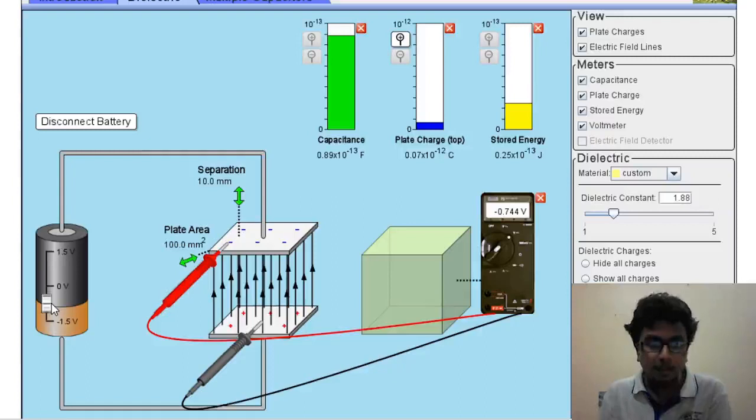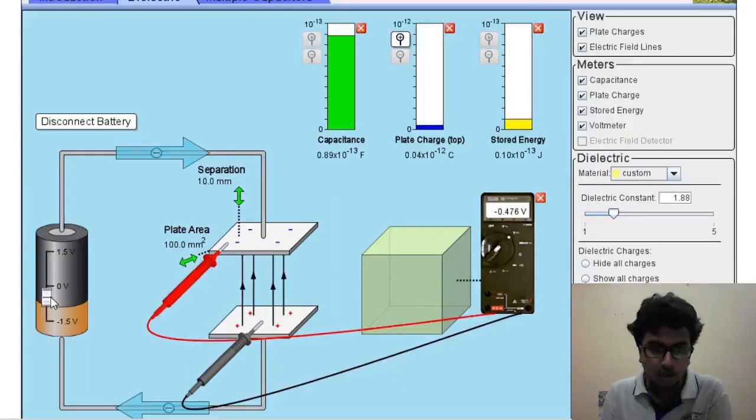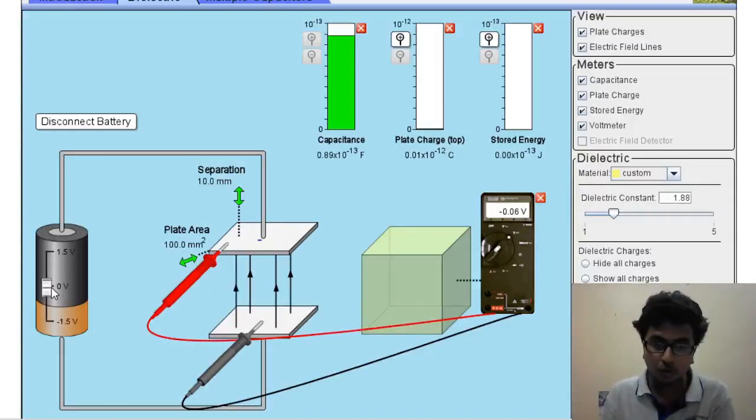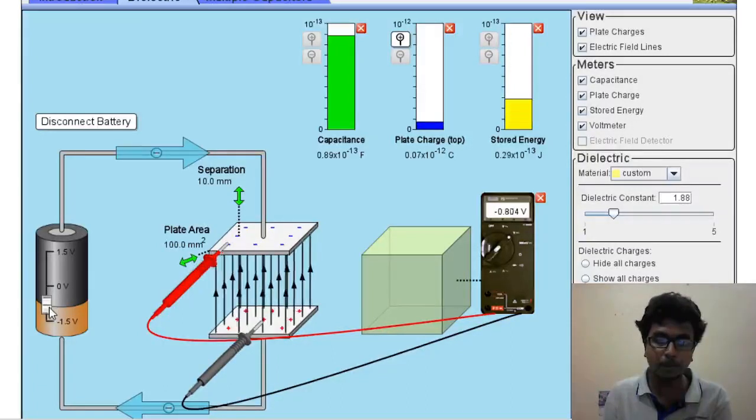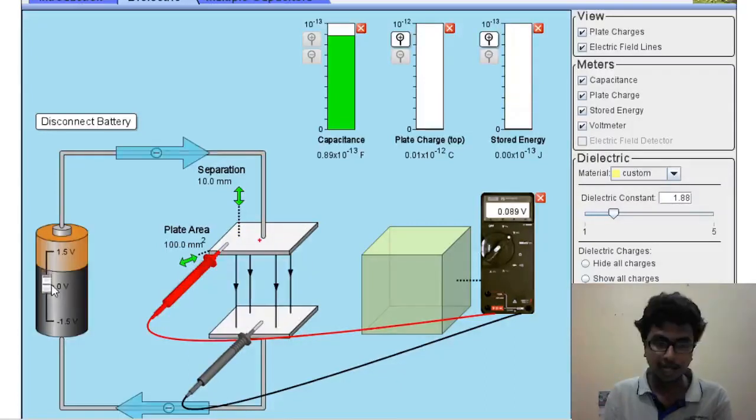We can also see the electric field is becoming stronger as we are increasing the voltage, because Q by C gives the voltage, and when you divide by d on both sides, it will give you the electric field. So increasing the voltage will in turn increase the Q, which will produce a stronger electric field. This effect is shown by the density of the electric field lines increasing when we increase the voltage. Here you can see the density is less, and when we increase the voltage, the density becomes more and more. So that's our first result.